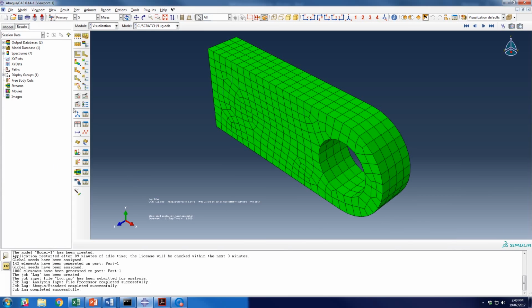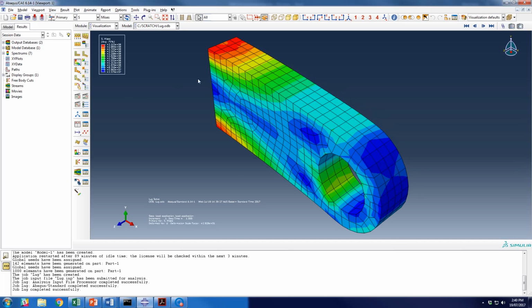Alright, so what we're going to do is we are just going to look at some of the results, as you said. As you showed in the last tutorial, we can click on this button here to bring up the contoured results. So this is obviously the von Mises stress, because we have S selected. So S is for stress, U is for deformation, RF is for reaction forces, and we're looking at the von